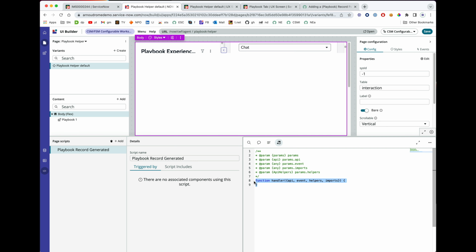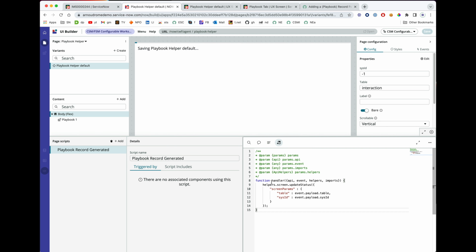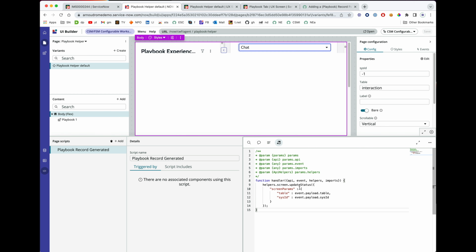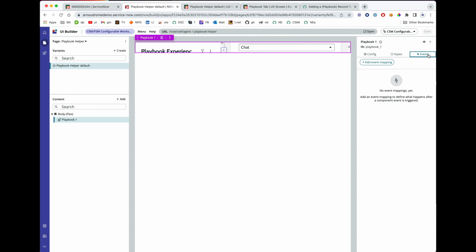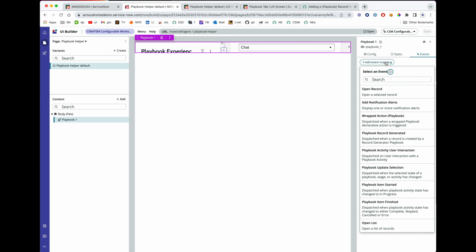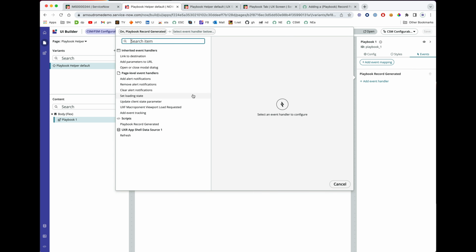And over here we can just save it. And this newly created script, we need to wire it up to the Playbook and to the Events tab, and the event is playbook record generated. In Rome and San Diego, this will have a slightly different layout, but it is